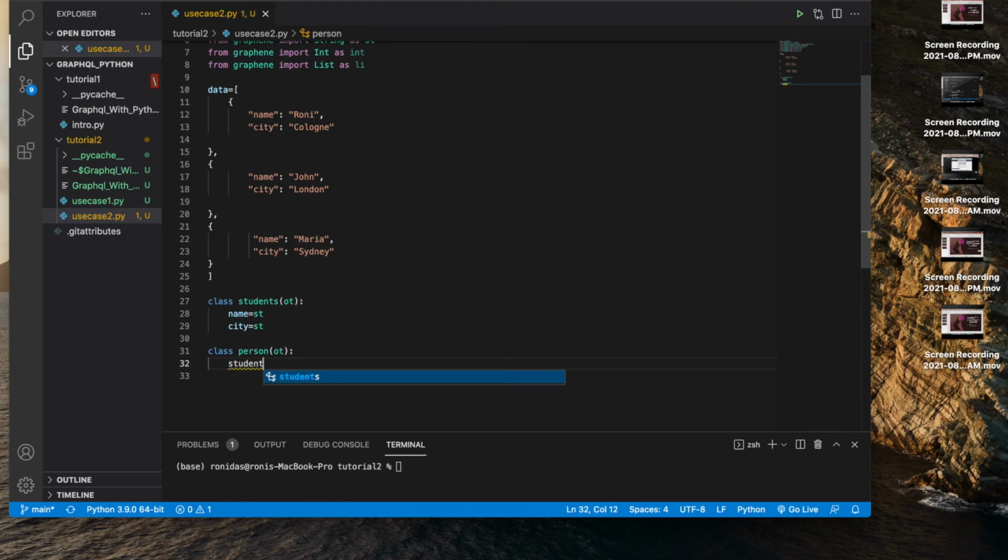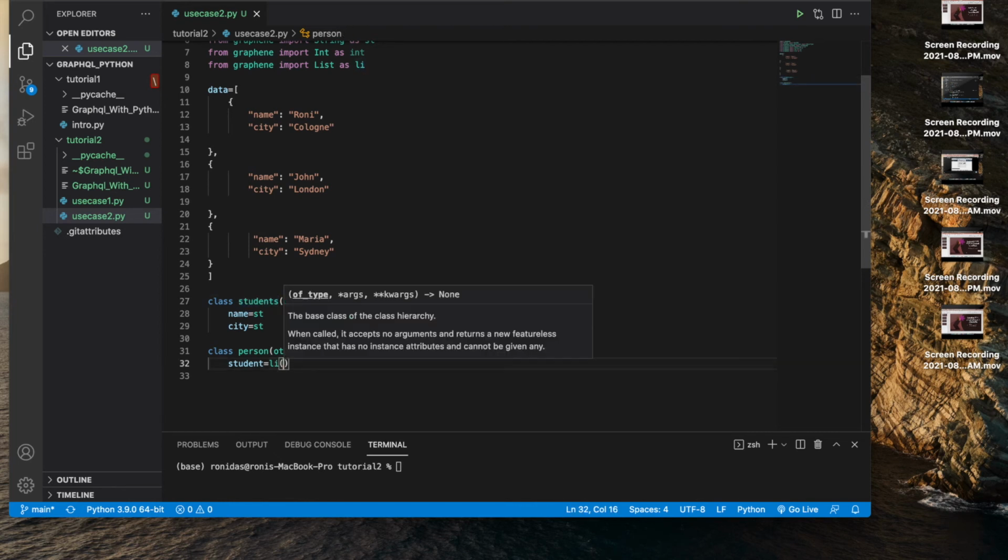So this is going to be a student, and student is actually going to hold this in the form of a list. Why list? Every element is a dictionary which is part of this list. So this is going to be a list. So graphene List, and what is actually going to be present inside the list? This Student object.